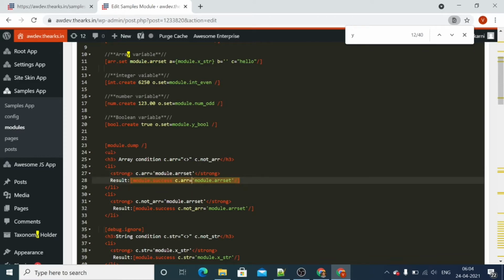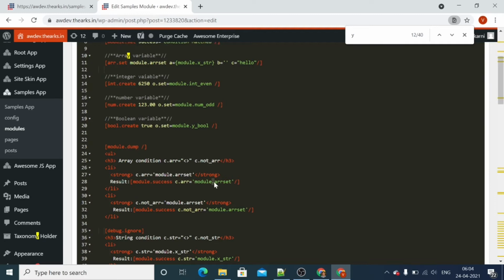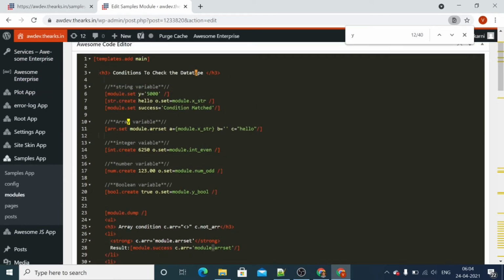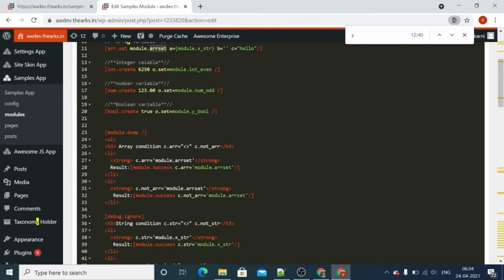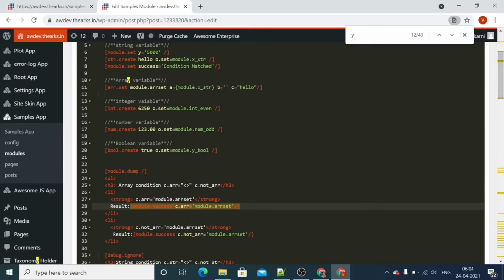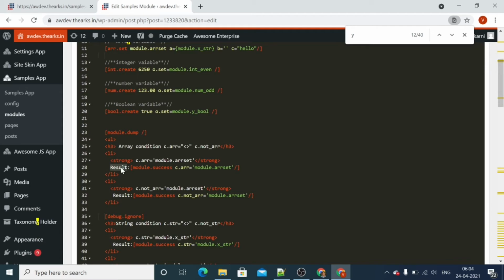It returns true if this variable is of type array. So module dot array set is an array, hence this condition is true, so we will get this output, condition matched, along with the result string.